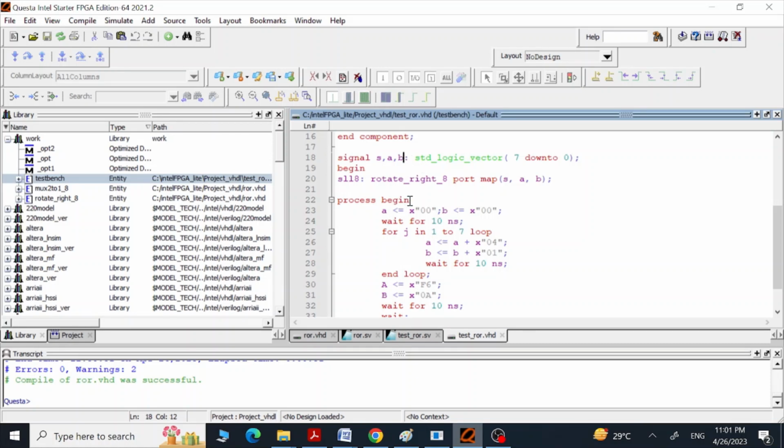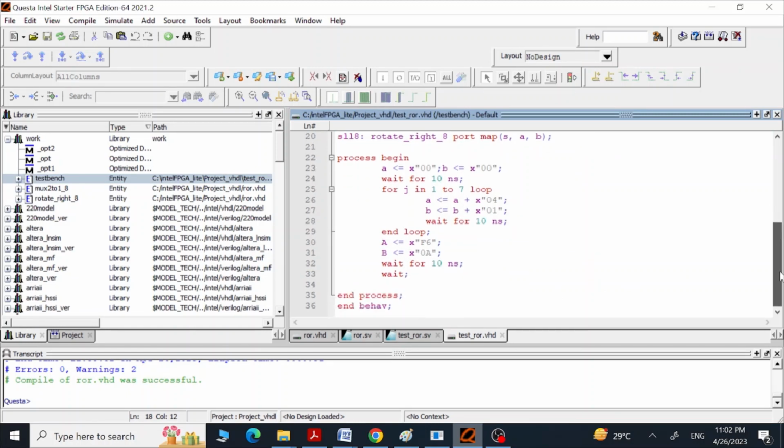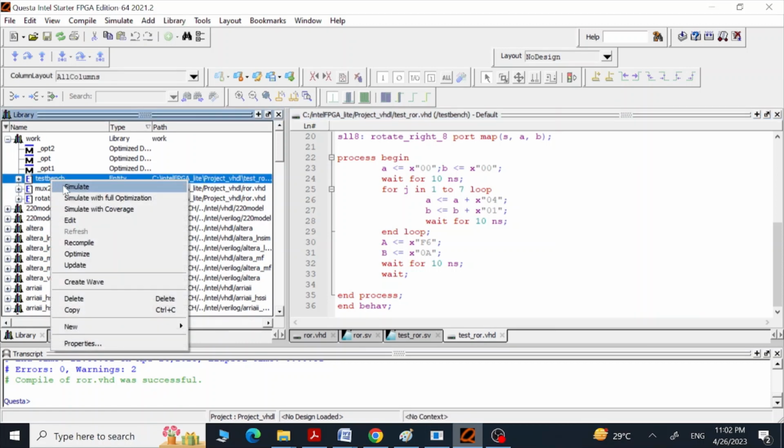And then we are going to start the process block, and here we are going to first set our two inputs as zeros, and then we are going to wait for 10 nanoseconds, and after 10 nanoseconds we are going to start this for loop, and after the end of this for loop we are going to give two more inputs to our a and b, and then we are going to end this process and end this architecture. So this is our test bench on the same pattern the way we defined the test bench of our Verilog design. Simulate,